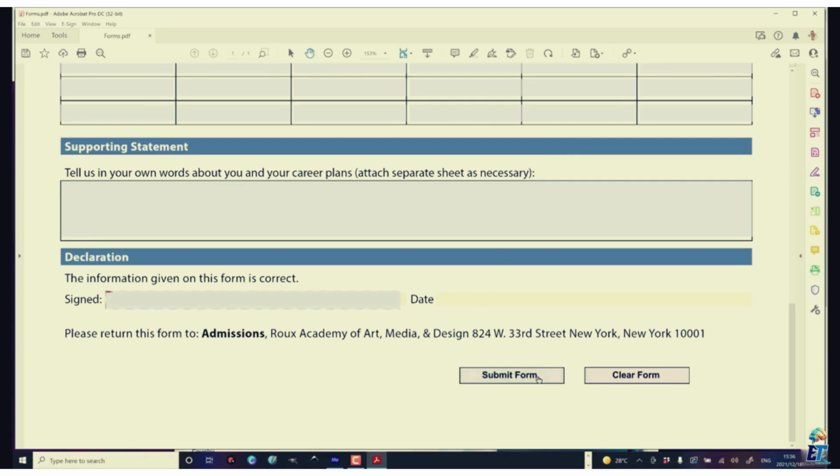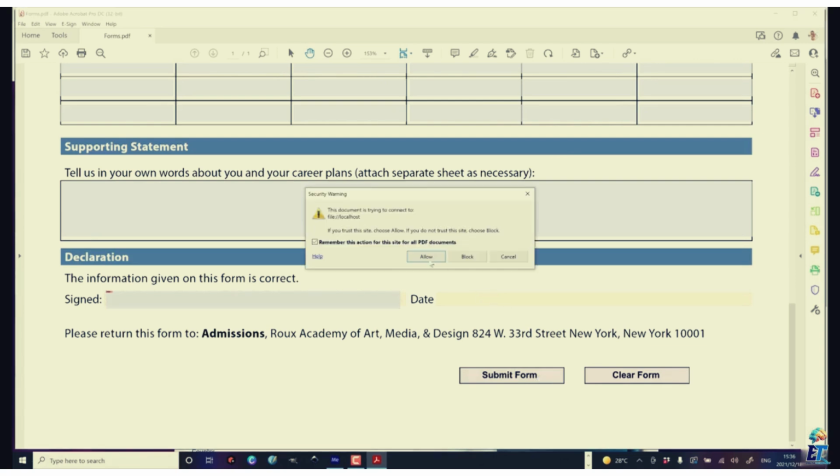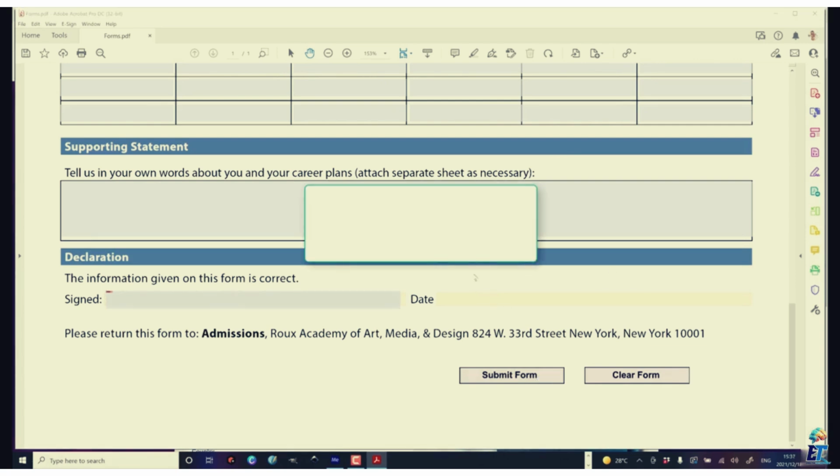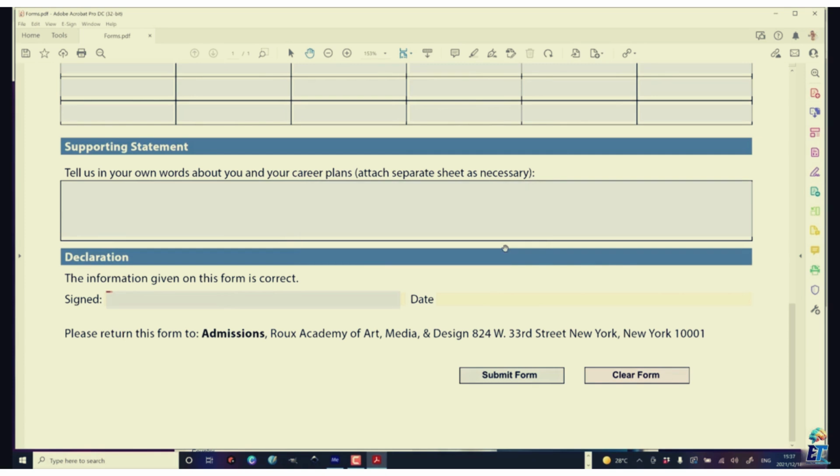If we click submit, it will open our email client and it will attach that PDF to the email. And it can then be sent back. So your users can fill in the forms and submit them back to you. Right, so guys, that is digital